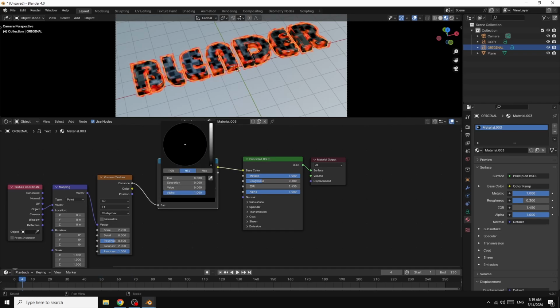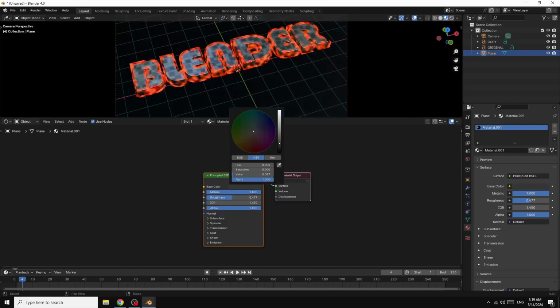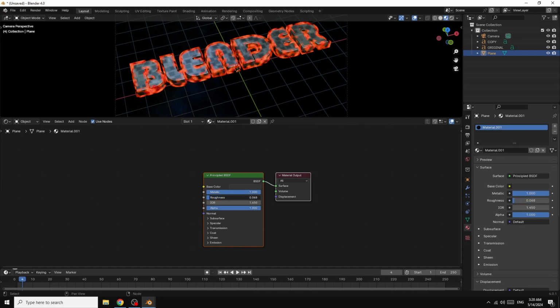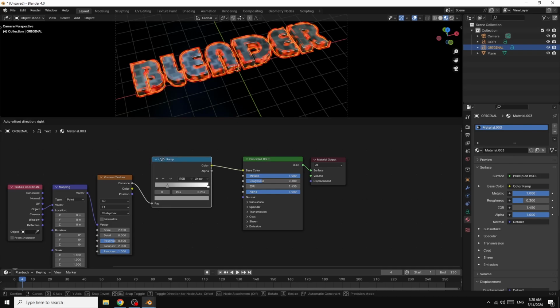This one I make it like this. Now the plane, dark gray like this, and then decrease roughness. Now go back in original text. Okay, now